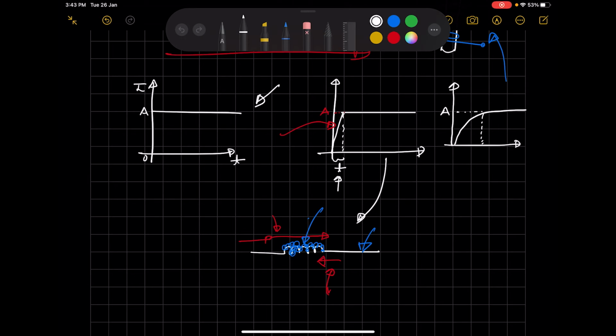Initially the rate of change of current is high in this part, and as it goes higher and higher, the rate of change of current will become slower, and you can see that by the slope of the line. As the rate of change of current reduces, the rate of change of magnetic field will also reduce. That will also lead to a reduction in the opposition current, and eventually the current will reach a constant value A.